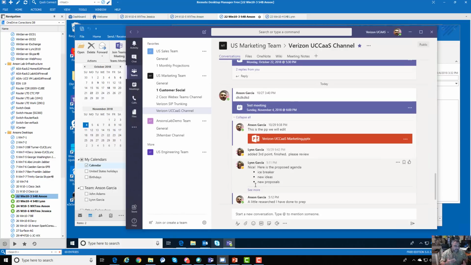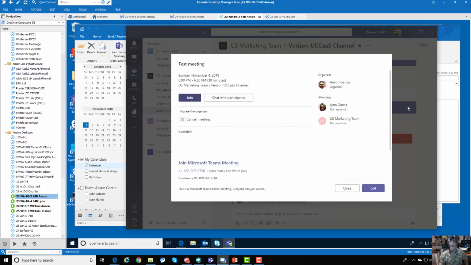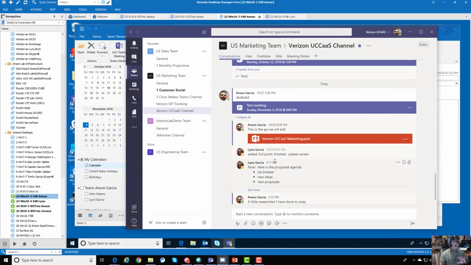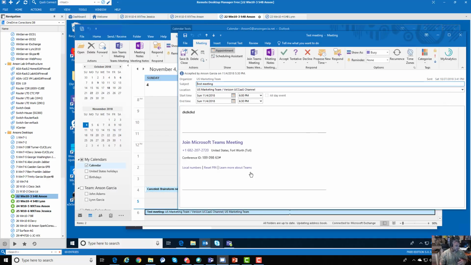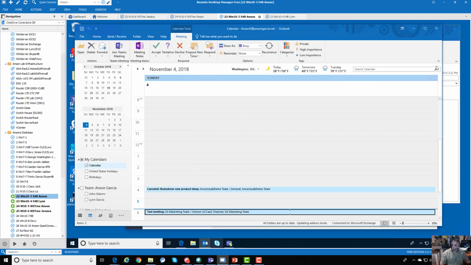So the second thing I noticed was when I scheduled the meeting, and we scheduled a meeting in a prior segment, there was no place where I could set a reminder. So this meeting's coming up, but I haven't got a reminder inside my Microsoft Teams. I could always go into Outlook and edit the meeting here, I guess, but I would really think Microsoft would have covered that one. Anyway,